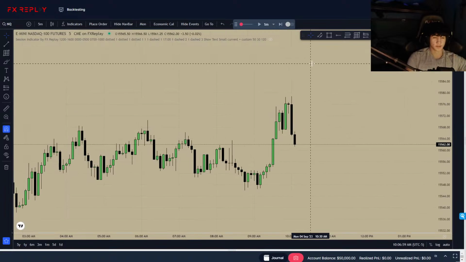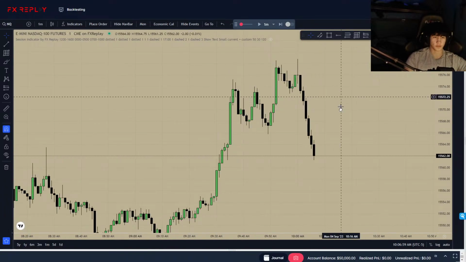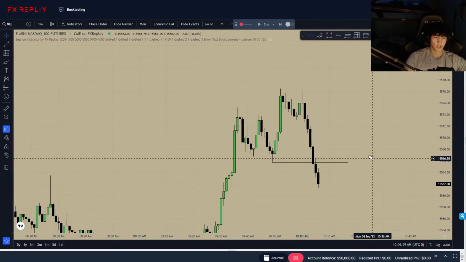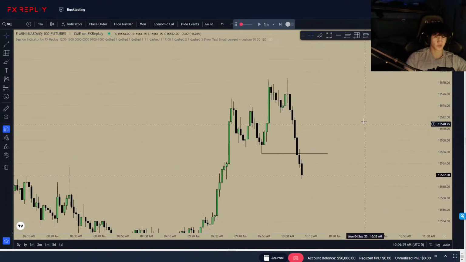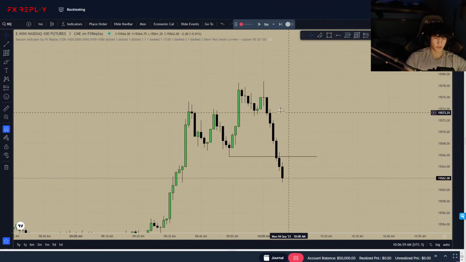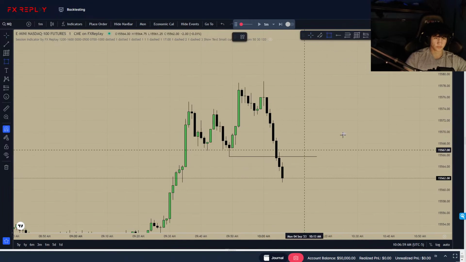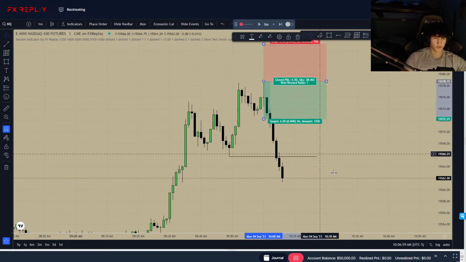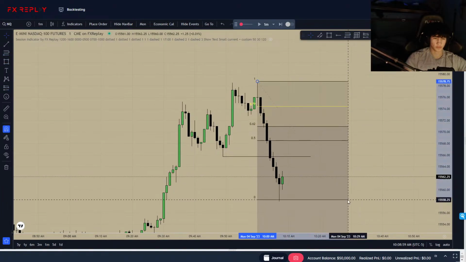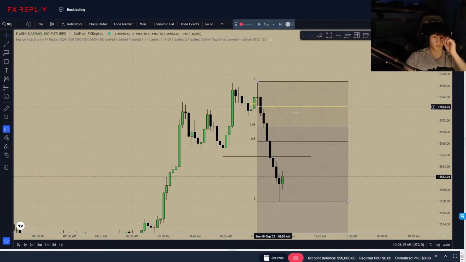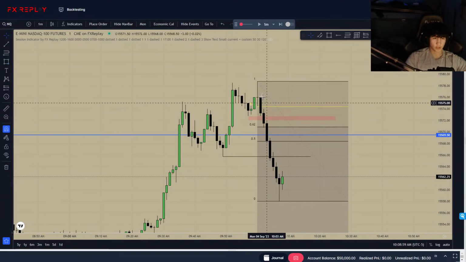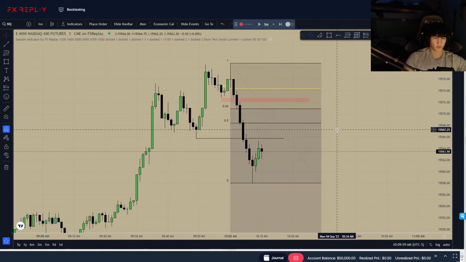Okay, we're actually getting some displacement low. I should be checking out the 1 minute, looking for this up here. This accumulation, manipulation, distribution. Straight through this low. And with the bias I have, we're going to be in accumulation. I want to look for a fair value gap, something to take a trade off of. So let's look for that. We're also going to use our OTE range. So slide this out. We're just going to wait for a low to get put in right down here. And I want to see something back up in here. This OTE fair value gap plus mitigation block looks pretty good for a short. My stop would be above that high, so we're gonna wait.